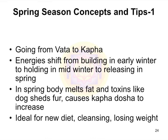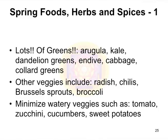They were building early in winter, holding on in midwinter, and now you're releasing those energies in spring. I think I've explained that pretty clearly. So you really want to melt those toxins out of your body in the spring. It's ideal for cleansing. Again, lots of greens: arugula, dandelion, endive, cabbage, collard greens, radish, chilies, Brussels sprouts, broccoli, and